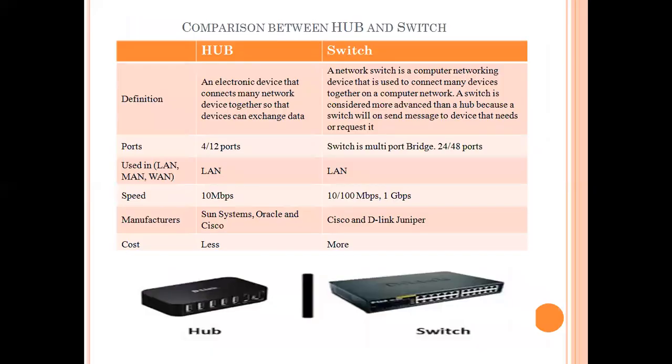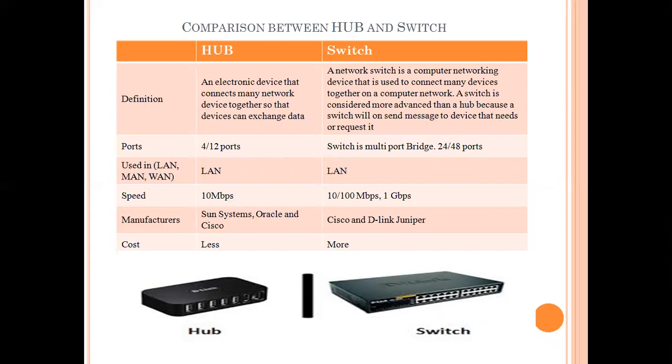So there could also be a differentiation question: what is the difference between hub and switch? First, I will tell you that hub and switch, both of them are connecting devices. Okay, both of them are electronic devices. Both of them are connecting computers together. The difference is that a hub is connecting a small number of computers while a switch is connecting a large number of computers. Okay, that is the difference. Number of ports: a hub has fewer ports, and for a switch, I have written here that it has 24 to 48 ports, but actually nowadays today's switches may have more ports also.